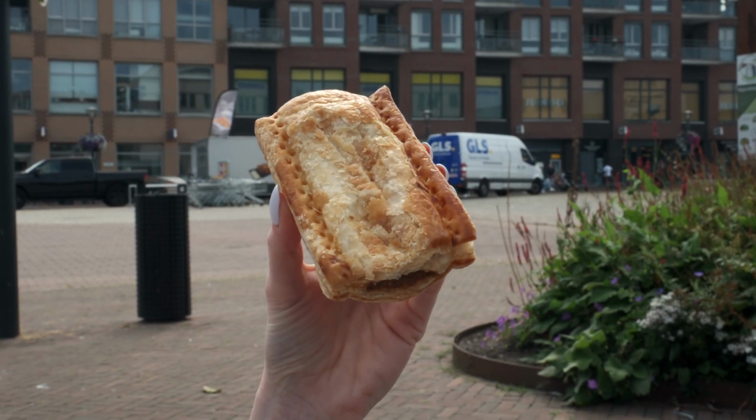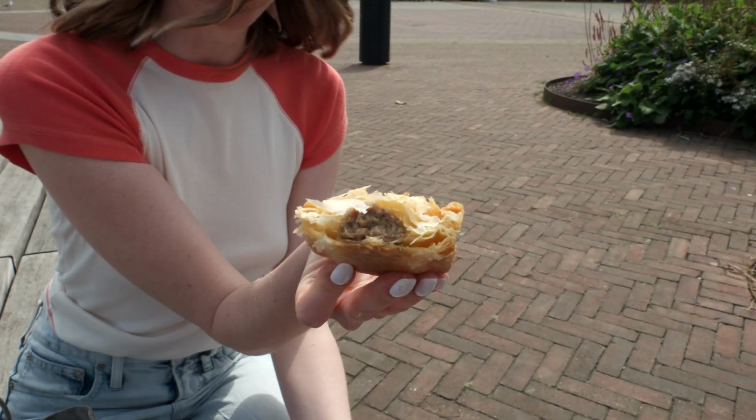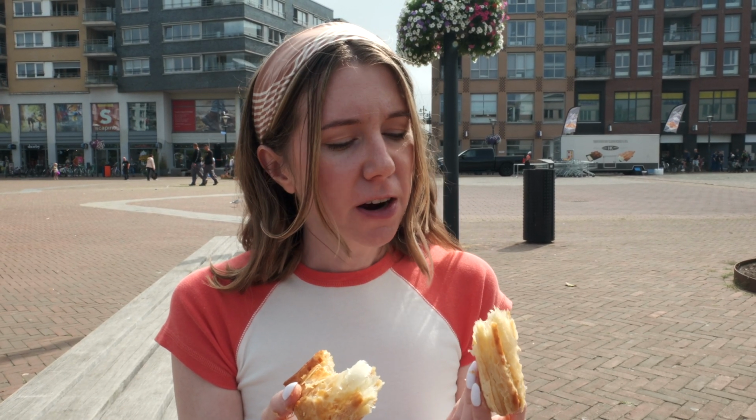This one, a little warm, which is nice. Also very, very flaky. Kind of juicy, right? Or oily, I can't tell. Let's try it. All right, the flake factor here is 100%. It's very good. I would like to have a little bit more flavor in the sausage, but this is a pretty solid start. I'm gonna go with